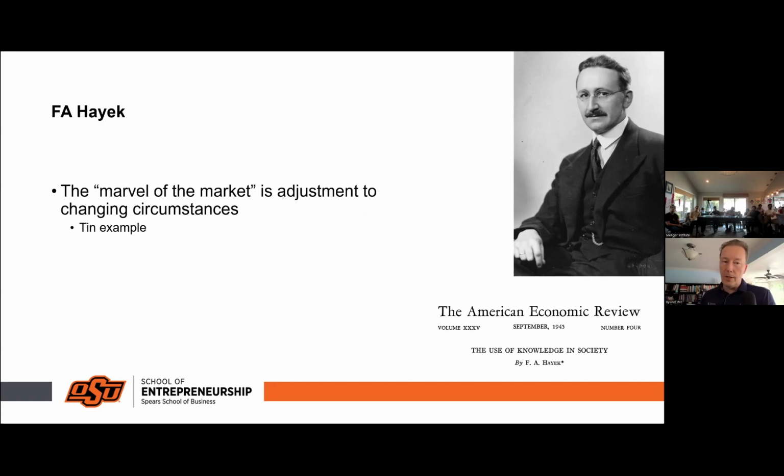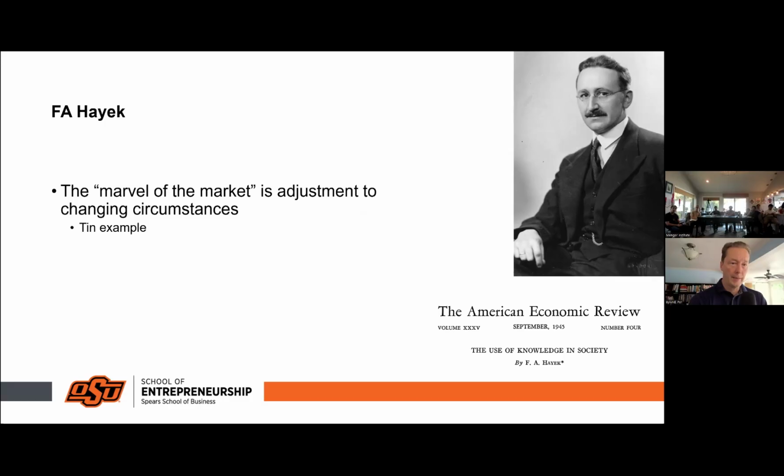If the price of something goes up, entrepreneurs are going to economize much harder on that thing and use less of it, and use it towards much more value creative production. And if something becomes cheaper, then they're going to use more of that instead. So they're going to choose the lower cost items for a simple reason, that their profit depends on it, right? So when Hayek talks about the marvel of the market, he's talking about how the economy, as an invisible hand, as Adam Smith put it, really responds to these changes in prices, and they do that automatically. You don't have to push them, you don't have to tell them, you don't have to do anything, because it's in their self-interest to respond to these